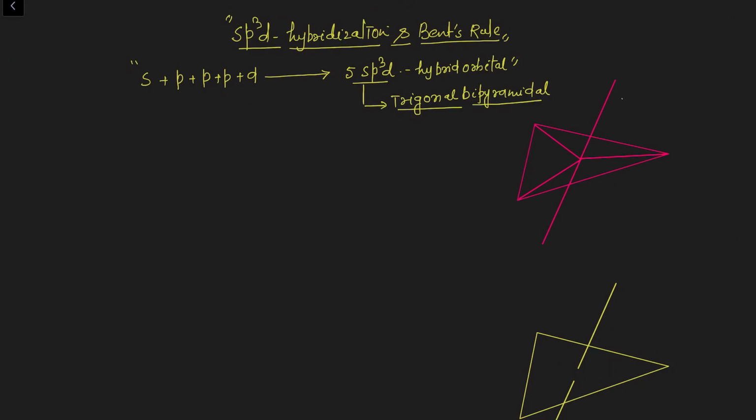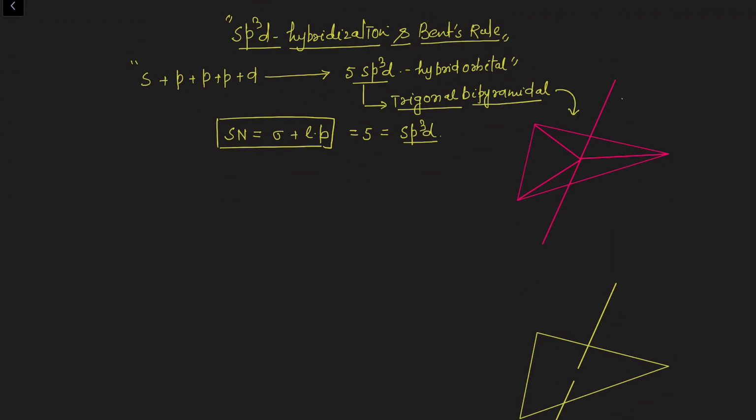In the previous video we learned how to get an idea about the hybridization. That is the steric number. The basic formula for the calculation of steric number is the number of sigma bonds plus lone pairs of electrons. If this sum is equal to 5, then the hybridization of the central atom will be sp3d. So the trigonal bipyramidal structure can be drawn in this way.